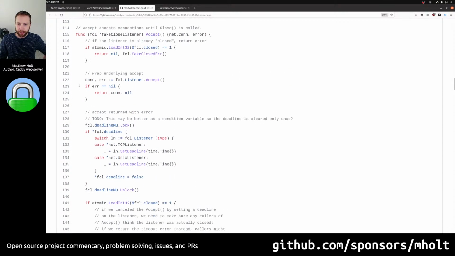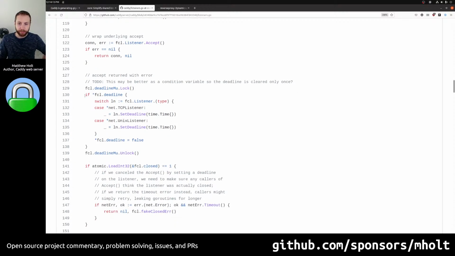So accept up here is running concurrently, and this returns an error basically. And we can see, if fcl.deadline, so if we've set a deadline, then clear the deadline. Great, now the new server can use it and we're done. Everything's great, this worked really well, except